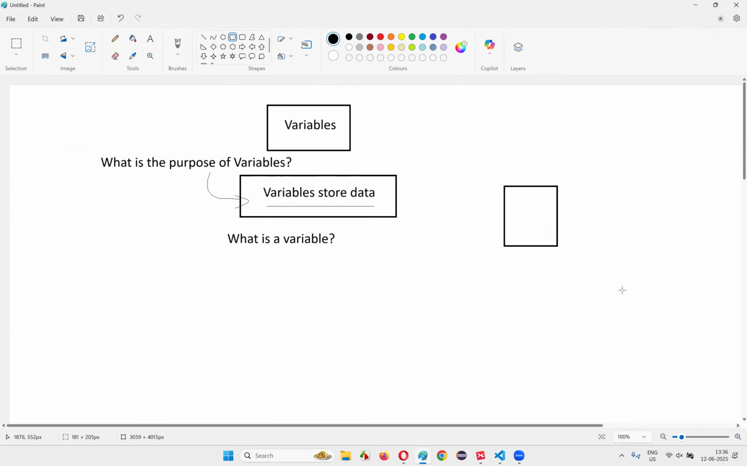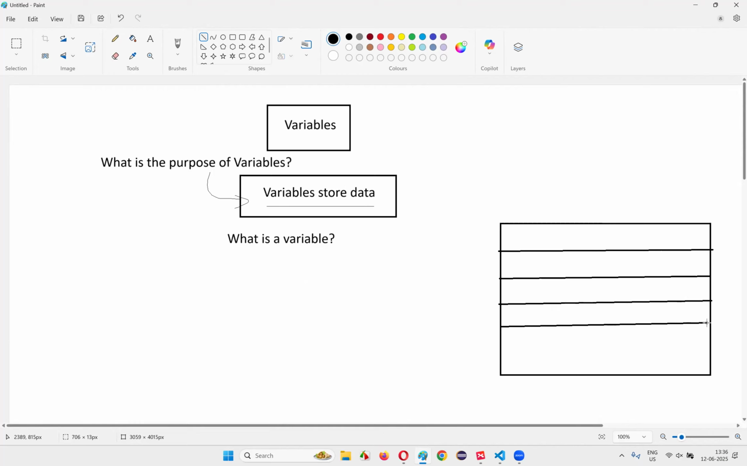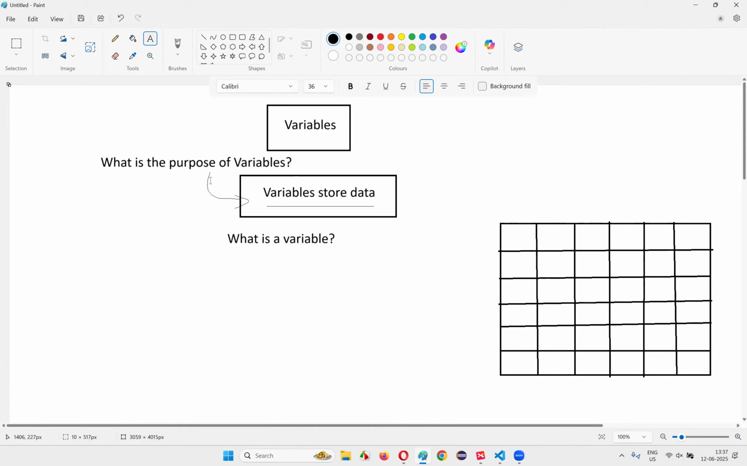Assume that this is a computer memory. Assume that this particular box is a computer memory, the entire computer memory. I'm dividing this computer memory into multiple slots, guys, like this. Once you divide the computer memory into multiple slots, then if you create a variable in a programming language,